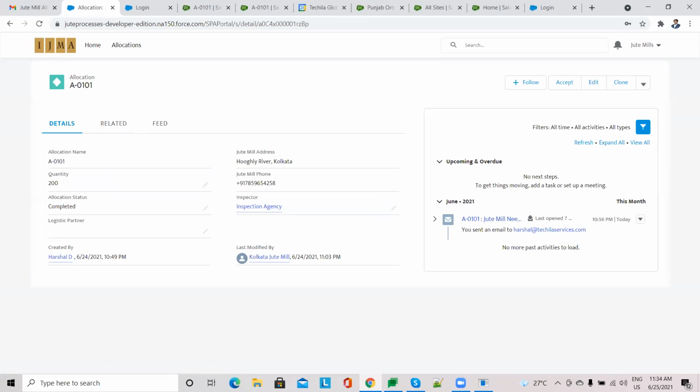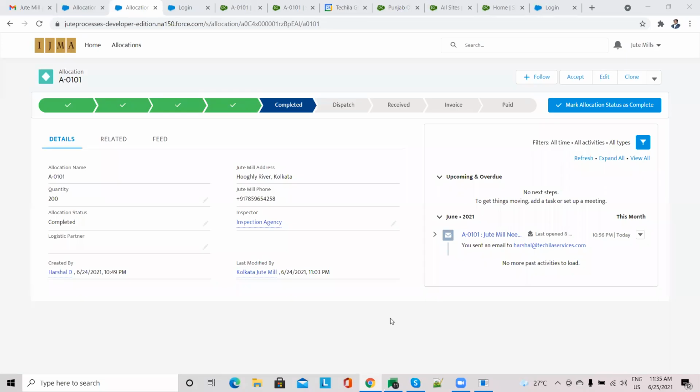They can place an inspection request for the balance 150 in 150, or in 50 in 3 parts, or 150 in one go, as per their wish. So a notification must be given to that jute mill that part of this PCSO, 50, has been inspected and 150 is still pending.